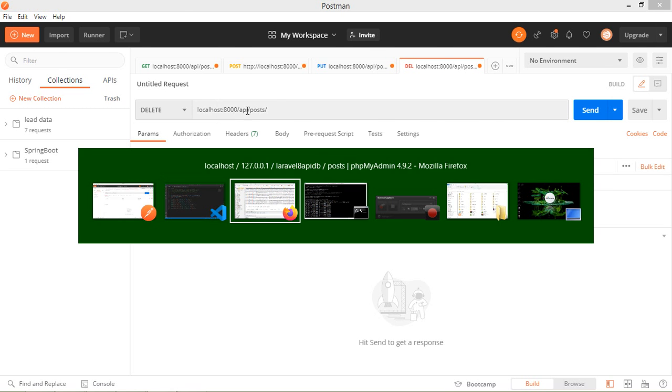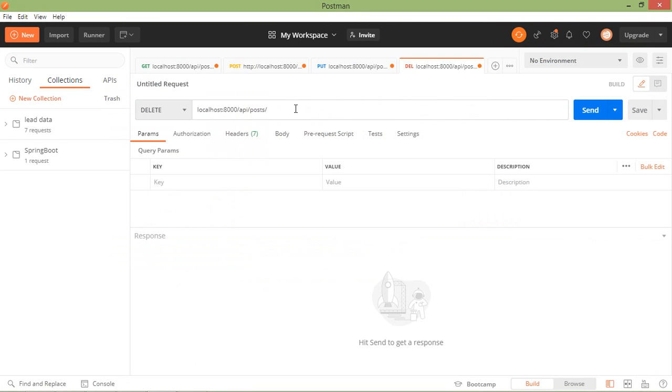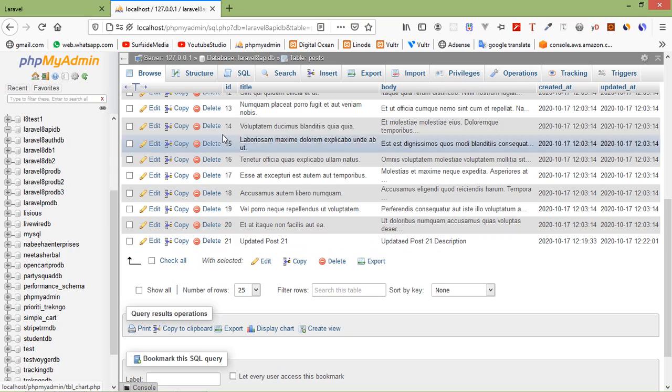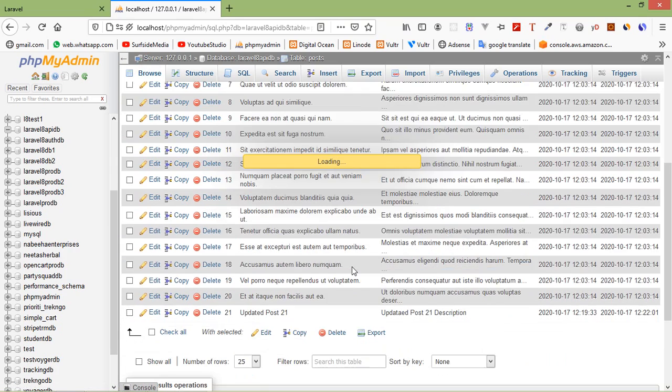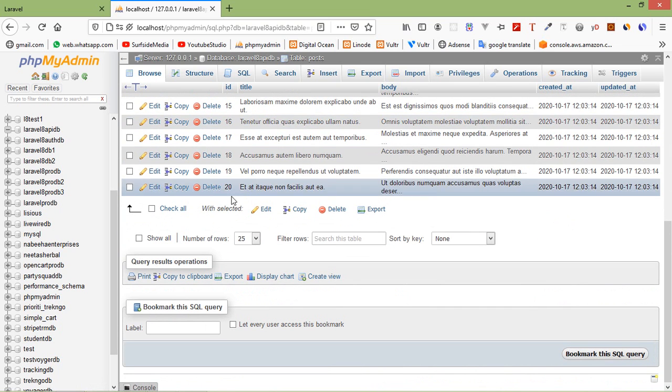I'm just going to delete this record 21. So just add 21 and now just click on send. Record deleted. Just refresh the table and here you can see there is no post 21.